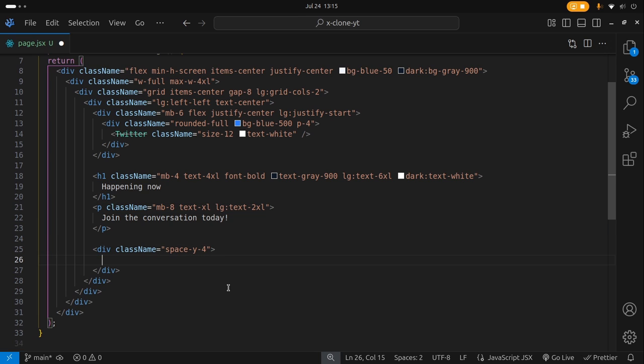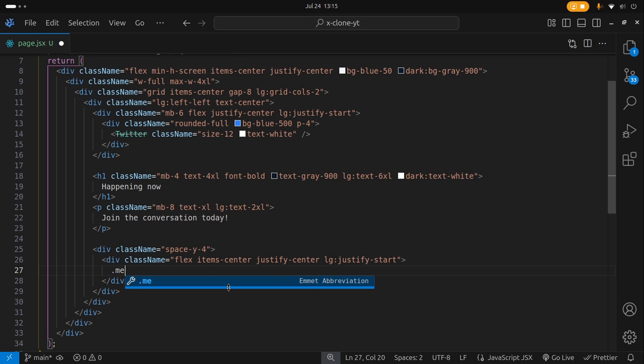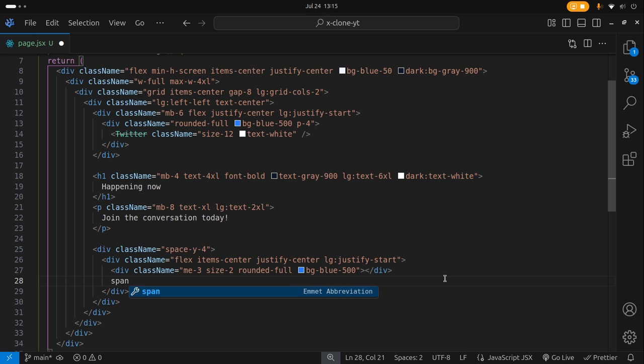And then inside this div, we're going to have another div with the class name of flex, and then items-center, and then justify-center. And then on large screens, we're going to say justify-start. And then inside this div, we're going to have another div with the class name of mr-3, and then size-2, and then rounded-full, and then bg-blue-500. And then that is a self-closing div, so don't add anything inside. And then below this, we're going to have a span that says follow your interests, like